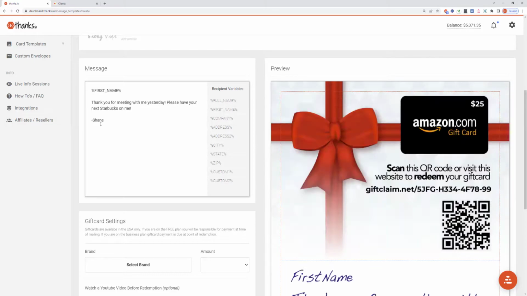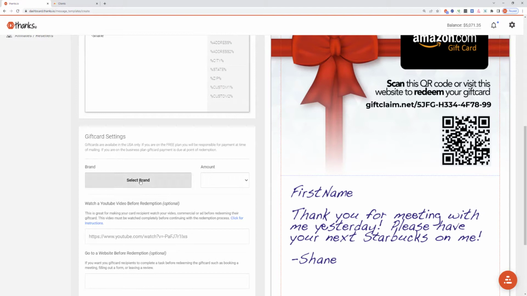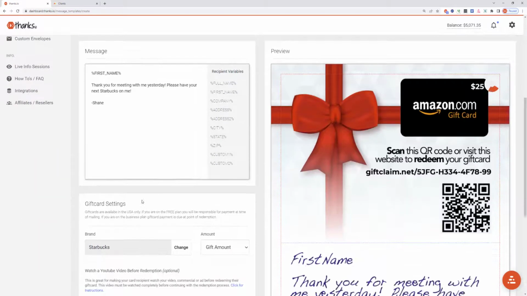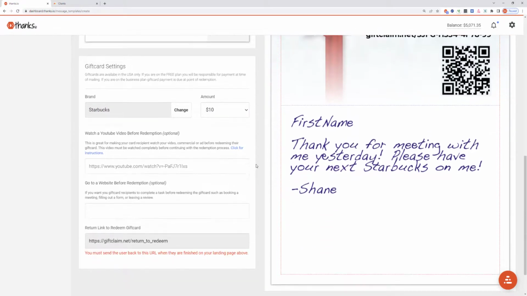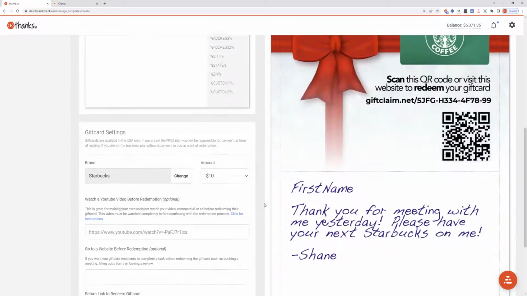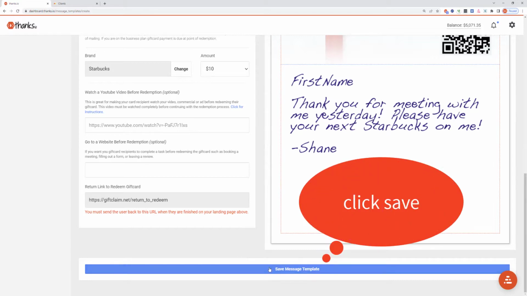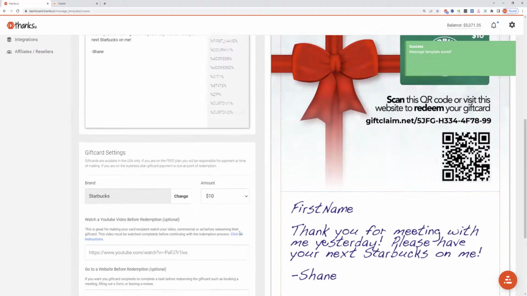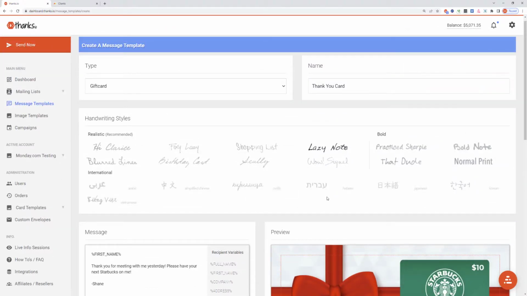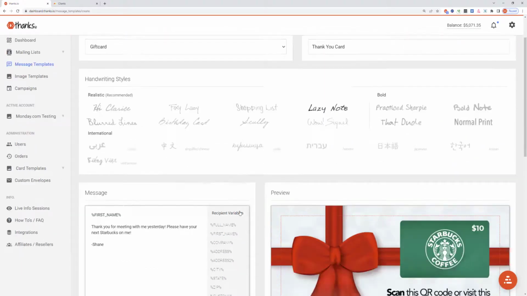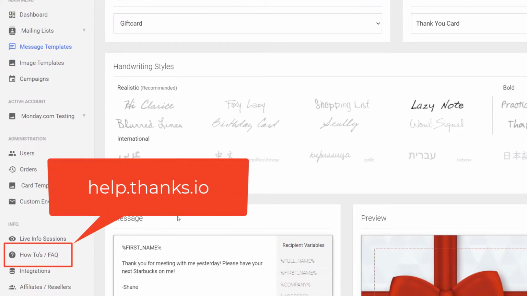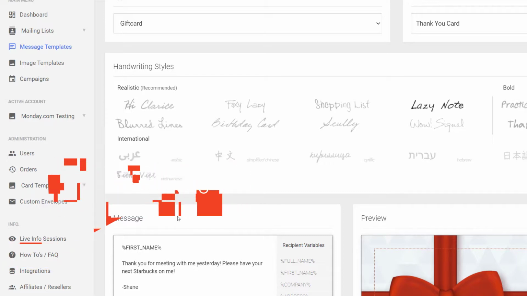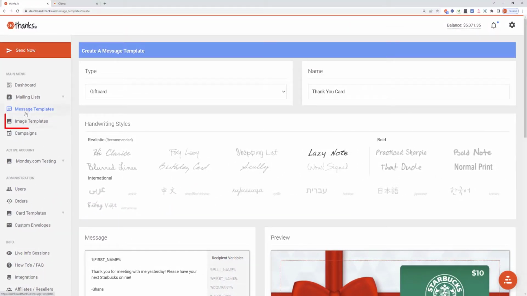Just a short, simple message. We'll change our gift card brand here to match what our message says. And there we go. A nice, simple gift card message. There are additional options. There's definitely more things that you can do with all of our marketing tools that are available. I highly recommend you check out help.thanks.io if you want to read more about the detailed functionality of gift cards and some of the other services we offer. All right, continuing on,